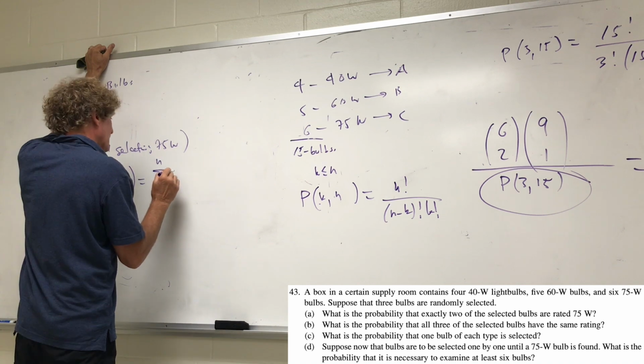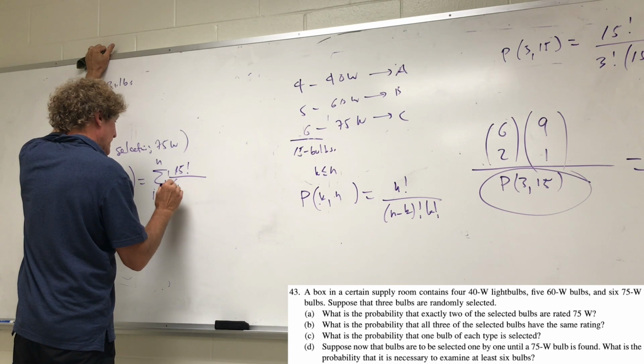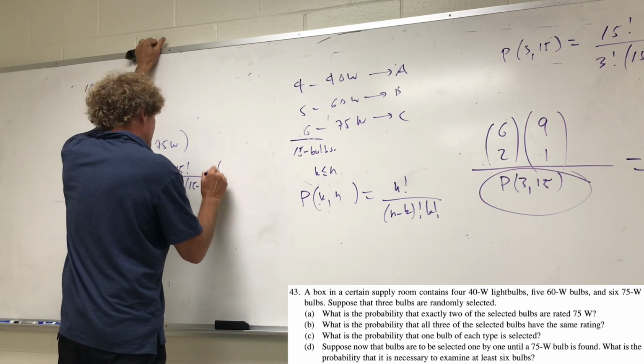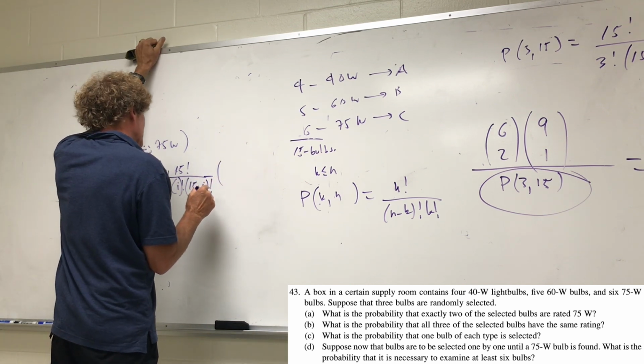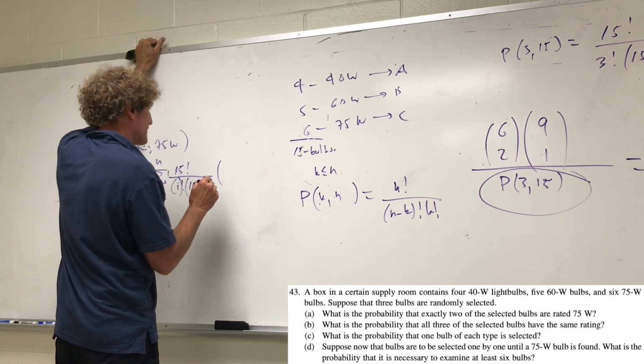You can have the number of bulbs, which is 15, over I factorial, and this is going to be 15 minus I factorial. Then you have the probability of selecting a 75 watt bulb, which is 6 over 15